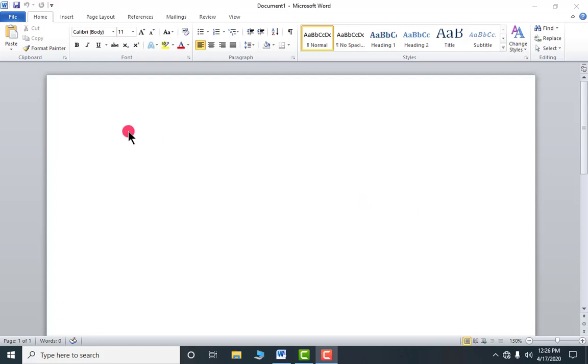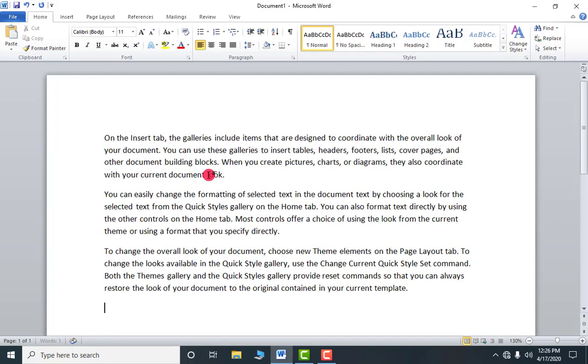Hello, today in this video we will talk about the home tab, and in this we will talk about the font group completely. Okay, so first of all, again I need some text, so I am using this command equal to RAND shift 9 and 0 and press enter. Okay, so you'll get these three paragraphs.